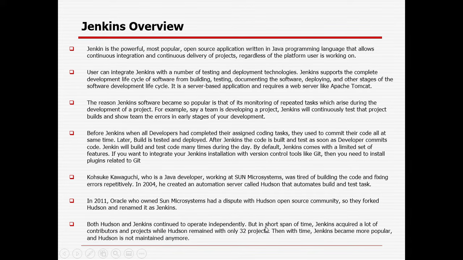But after 2011, in a short span of time, Jenkins acquired a lot of contributors and projects, while Hudson remained with only 32 projects. With time, Jenkins became more popular in the market, whereas Hudson is not maintained anywhere because there are no new takers in the market for Hudson, and Jenkins became so popular.